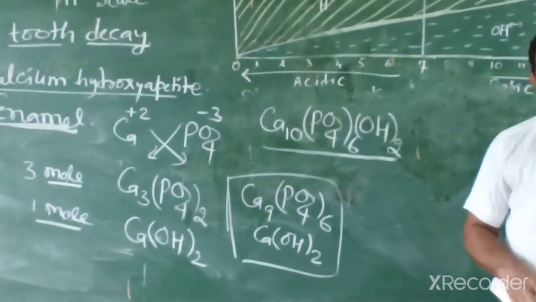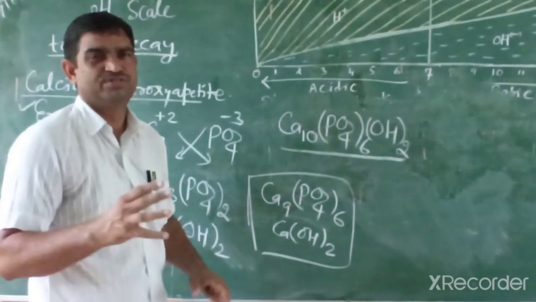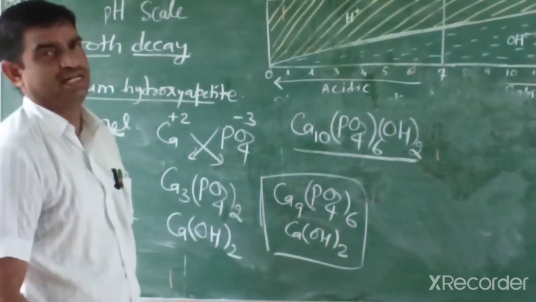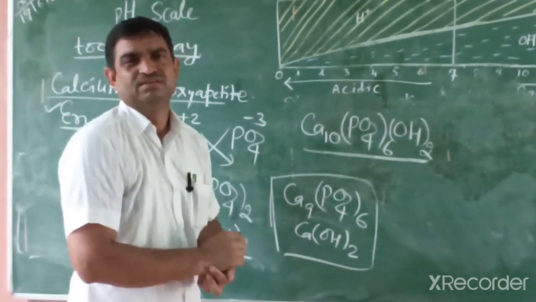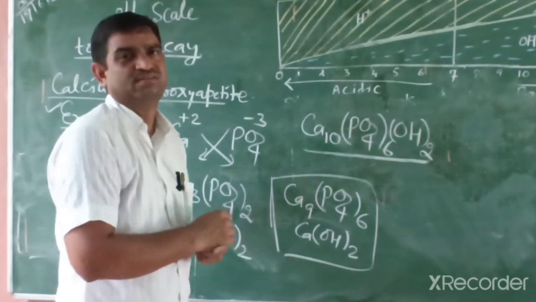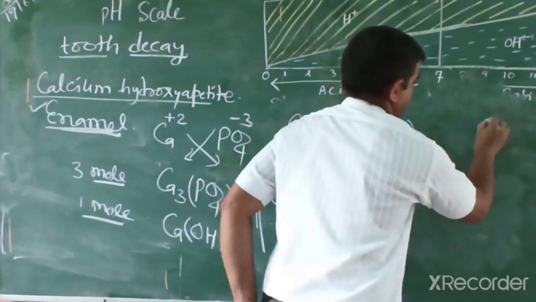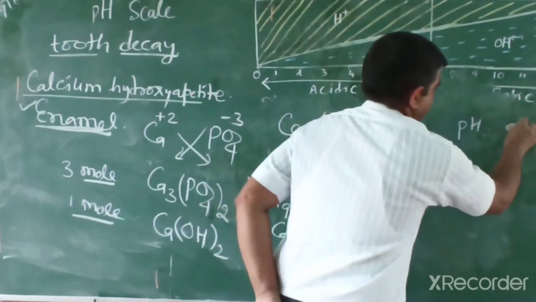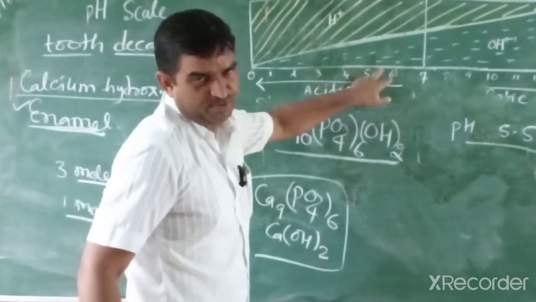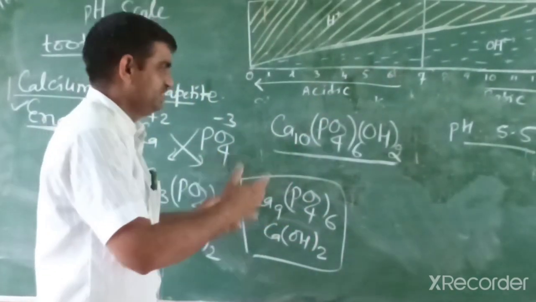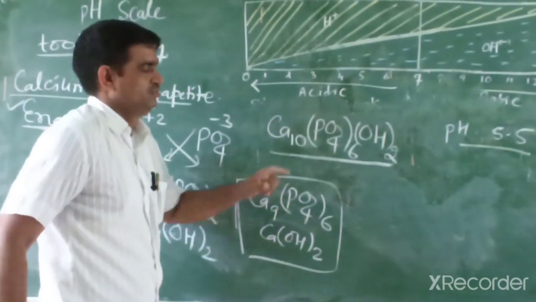So how can we protect this tooth enamel? When we eat food, food grains remain between the teeth, which contain glucose and other sweet chemicals. Many bacteria remain there. The bacteria digest them and create acidity, and when the pH is less than 5.5, because they produce acid, tooth decay starts, which means this calcium phosphate hydroxyapatite layer is damaged. So what will we do?